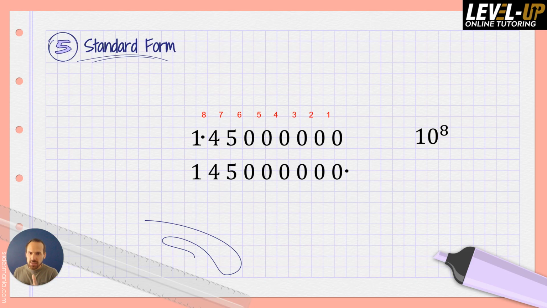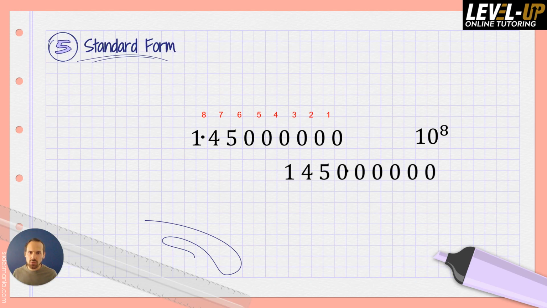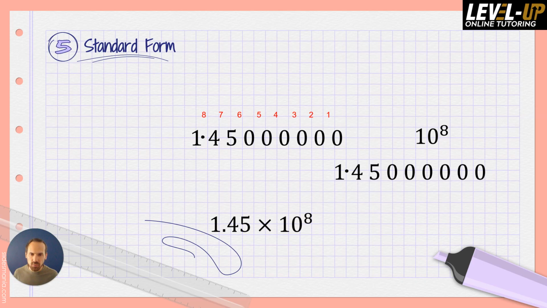Another way you could see it is keeping the decimal point still and seeing how many place values you have to move all your digits along in order to get to a number between 1 and 10 again. And same thing, you're going to see it's going to be 8. And so finally, we can put the number like this. So we've got that 1.45, and we just bring our factors of 10 back in. So it's still the same number, but we put it like this, which you can see is a bit more